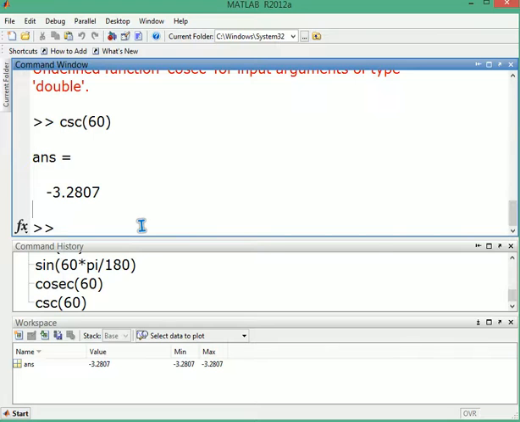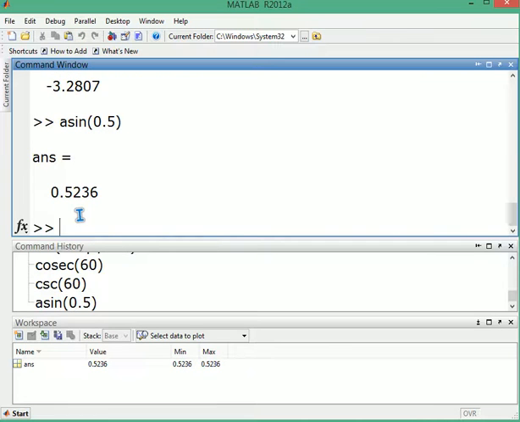Then talking about the inverse of sine, inverse of cos, that is sine inverse, cos inverse, we use an asin function. We may pass the value 0.5 or whichever value you like. This is just for an example. I'm not actually considering what these values are. I'm just trying to tell you that these are the functions and this is how the values are passed. And since the result, as I already told, will be in radians, you may multiply it by 180, divide by pi, so you may get it in degrees.